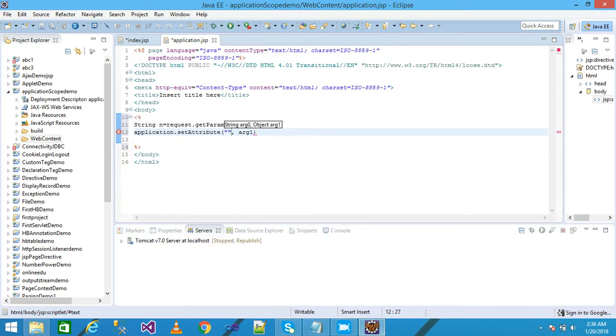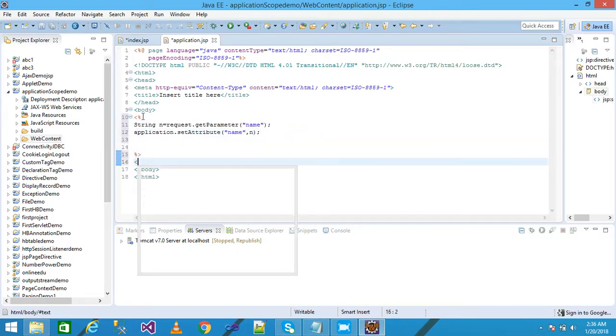I need to write my application name, and I am giving my application name as name and the object as n, terminated with a semicolon. Here I am taking an anchor tag, and href equal disp.jsp and close it, and write here click